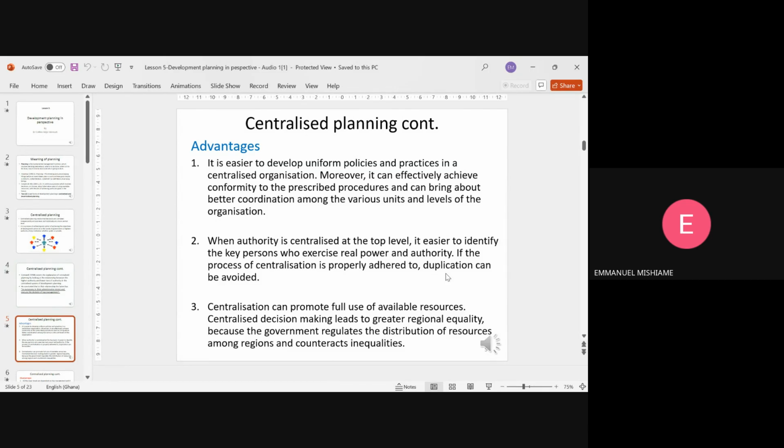Now, aside from everything, centralized planning also has certain advantages. It is easier to develop uniform policies and practices in a centralized organization. Moreover, it can effectively achieve conformity to prescribed procedures and can bring about better coordination among the various units and levels of the organization. So in a centralized government or administration, it is easy to develop uniform policies because you don't have too many people to consult. You don't have to seek the approval of the various stakeholders. If it is a school,